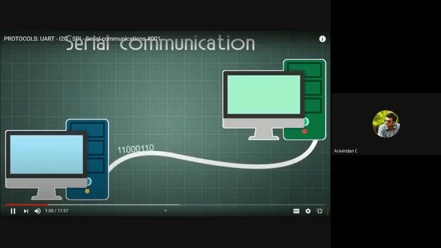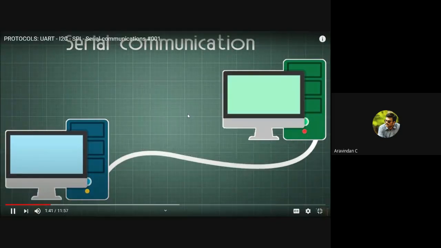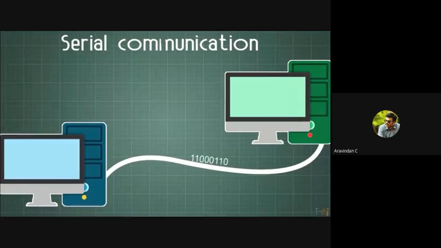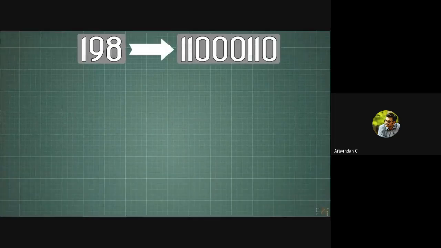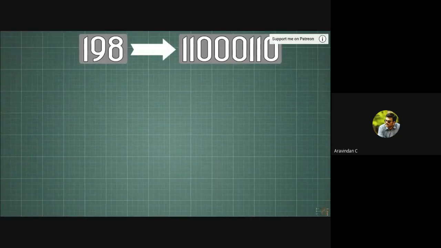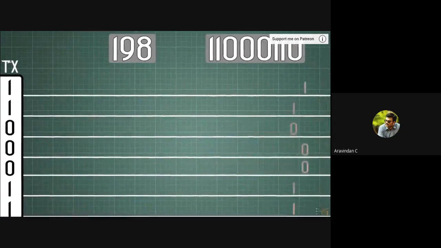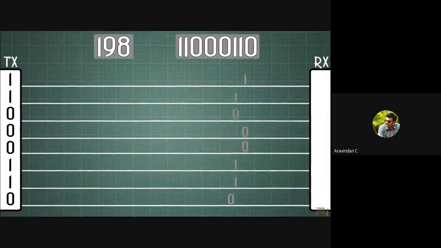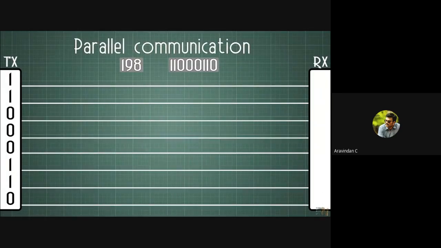Well, it's a way of transmitting data in a line, one data after the other, and in this case we are talking about digital data. Imagine that you want to send the number 198, which in binary, which are just ones and zeros, will be 11000110. You could connect a wire for each bit and send the high digital pulse for ones and the low value for zeros, and do that at the same time. So in just one moment you can send all the bits at the same time. This is called parallel communication. The downside of this kind of communication is that we have to use 8 connections plus the ground reference, so a total of 9 cables.